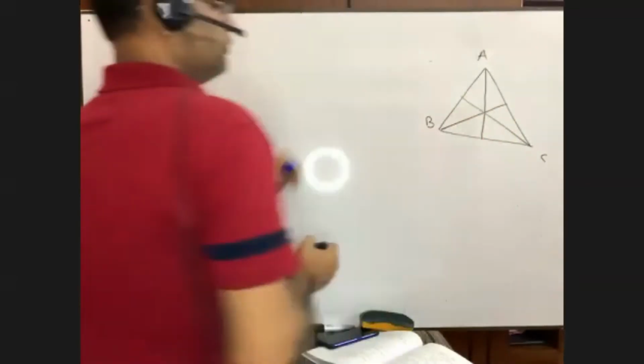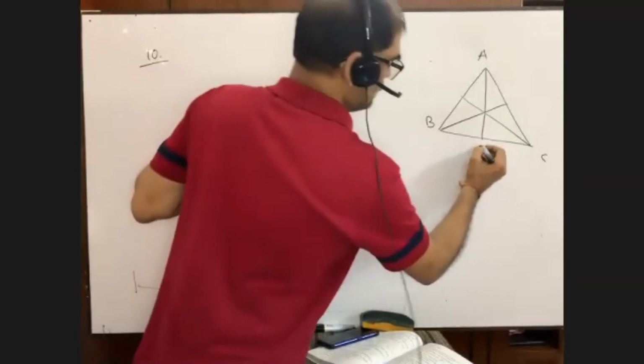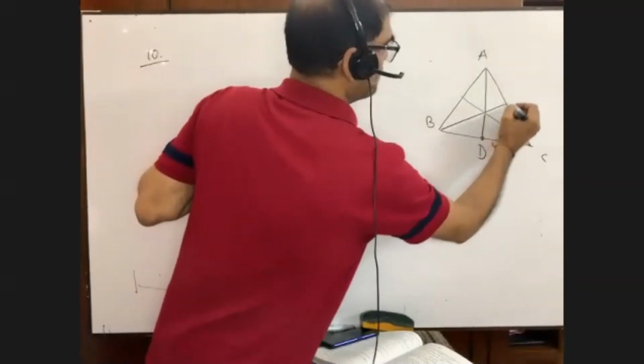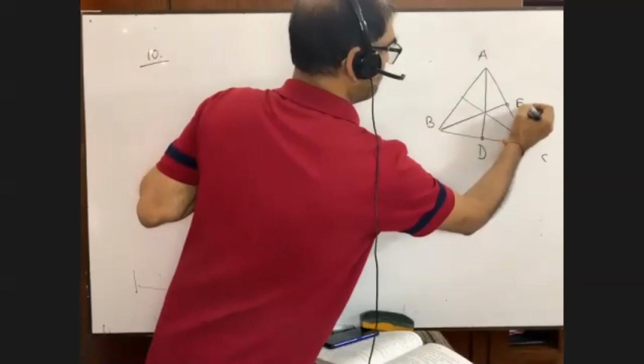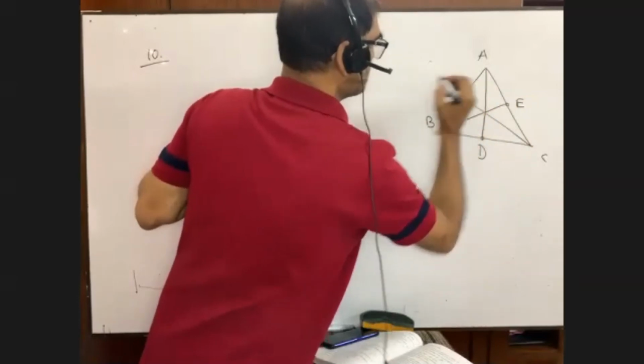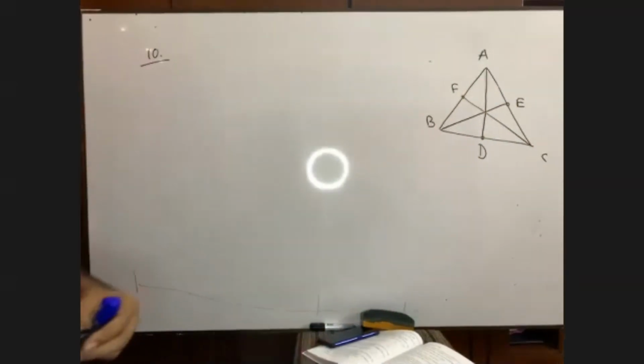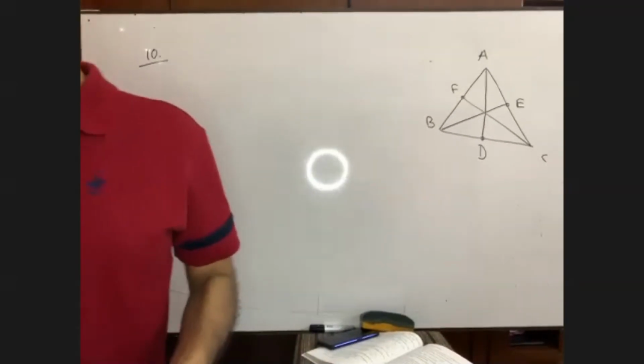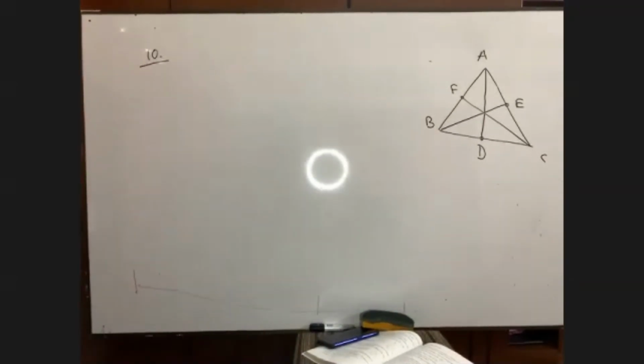To draw medians, what do we need? We have to determine the midpoints. Draw the figure. Yes, sir, done. Because if you cannot draw it in the exam hall, then 1 mark, 2 marks can be deducted. Suppose you are getting 70 out of 70. Due to not drawing correctly, you can get less marks. I think you have drawn it, right? Yes, sir, done.